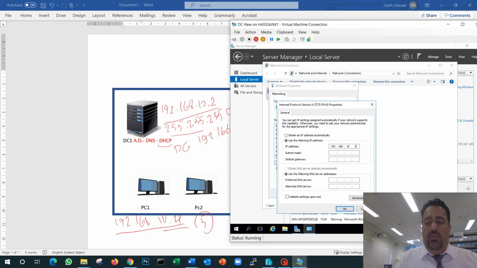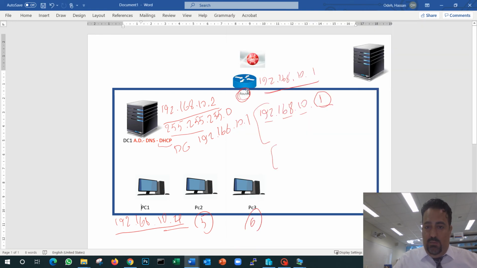192.168.10.2. Of course, if you are in the classroom, you have to see what IP address I'm arranging for your table, so we don't get an IP address conflict in the room. If you are in the room, I will tell you that your table will have an IP address, for example, 192.168.26.200 or 26.300, whatever your range, you will use that range. Then the subnet mask is 255.255.255.0. The default gateway is my router gateway. So my router gateway in this example is 10.1.